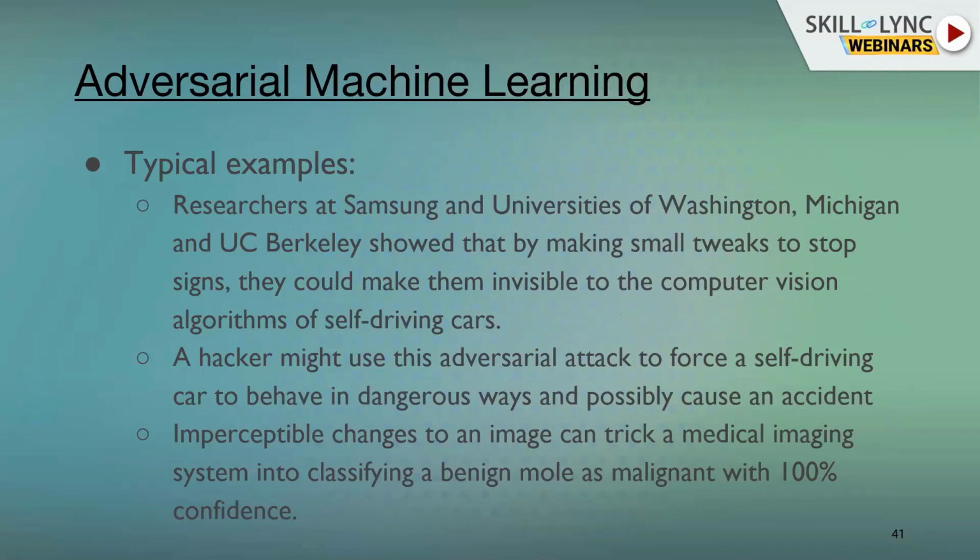A typical scenario is a self-driving car running on a reinforcement learning model. Usually when you see a stop sign while driving a car, it's important that you stop for it. But the stop sign symbol was modified in a different way where the model was not able to detect it. And if the self-driving car is not detecting a stop symbol, it is still going to drive through and might result in accidents. These are not yet out, but these are scenarios that the R&D team is researching, and these are all available on the internet, so you can go and read about it.